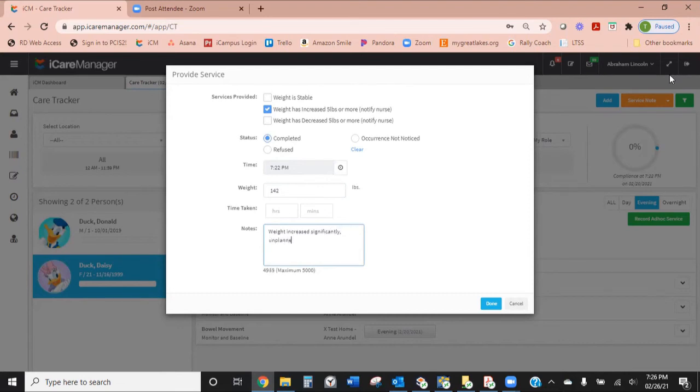I would put in there if it was unplanned or not. If they had seen Jen Whitlock, our nutritionist, and the goal was for them to gain weight or lose weight, then you can put in here that that was planned, but I'm still going to call the nurse and let him or her know. In this case, we're going to say her weight increased significantly. It was unplanned. Her diet wasn't changed. We weren't trying to get her to gain weight. And I'm going to say, called the nurse,